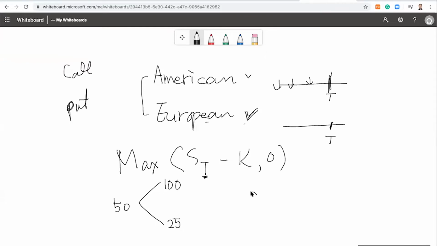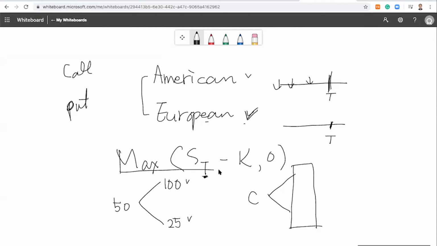And then you have an option here, and that option price also can go up or down depending on the outcome of the stock price, because this is the maturity date of the option. And according to this payoff, it is just max